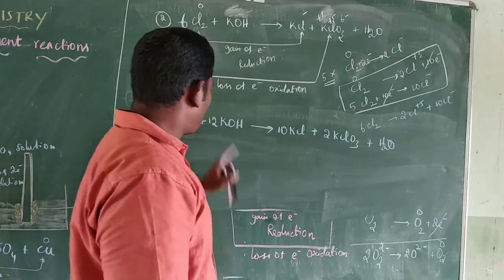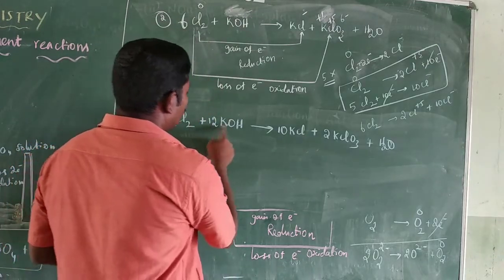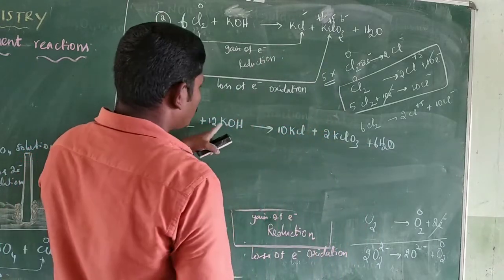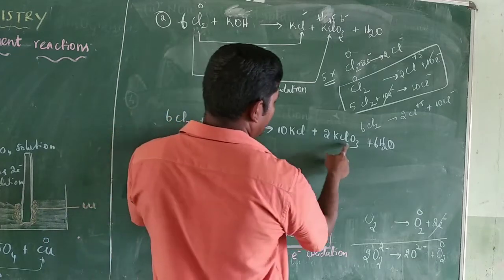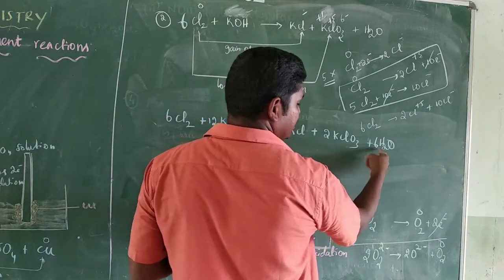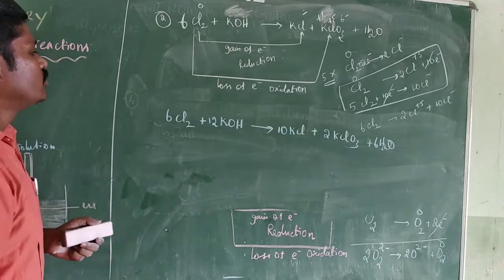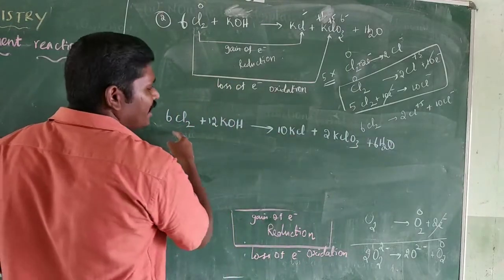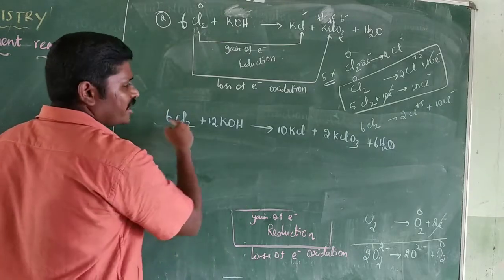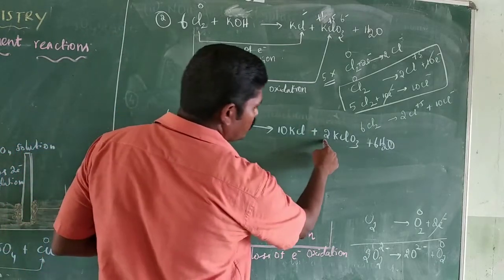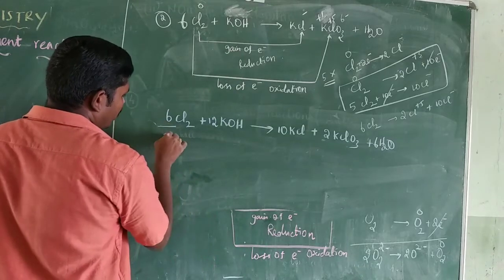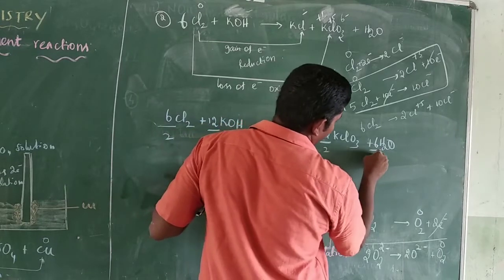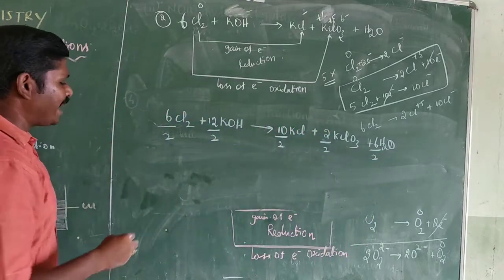10 plus 2 is 12 potassium. 12 hydrogen, so 6 oxygen, 12 oxygen, 3 into 2 is 6, and 6 plus 12 oxygens. Okay, so all the numbers are even, so divide by the same minimum number, 2. Divide everything by 2. The correct balanced equation is